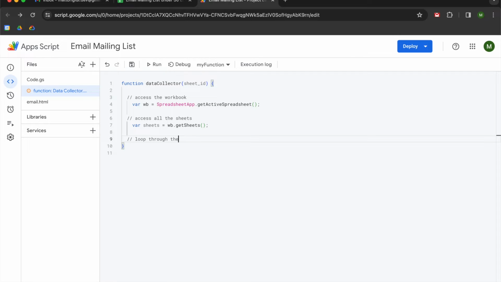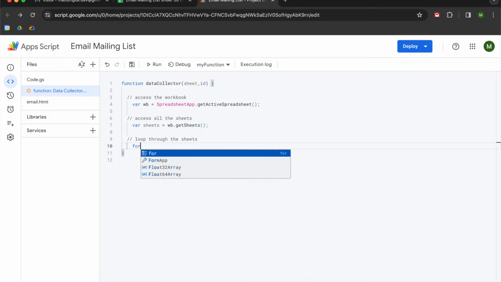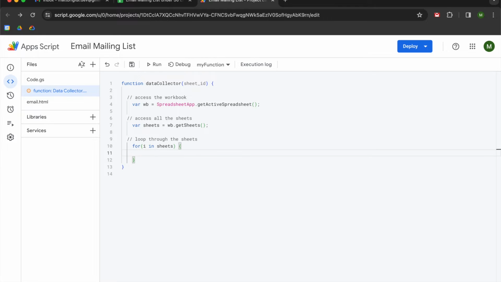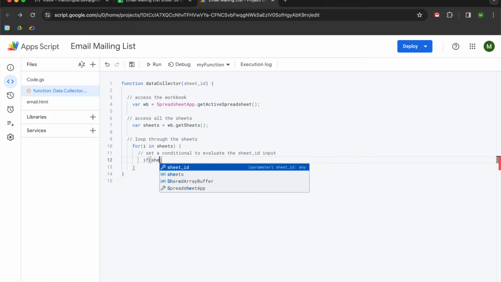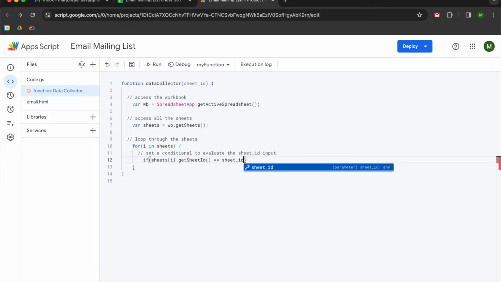Then we're going to loop through the sheets. So we're going to use a for loop, and I'm going to set my variable i, which stands for iterator, in sheets. Next, we are going to set a conditional to evaluate the sheet ID input. I'm going to say if sheets[i].getSheetId() double equal sign sheet underscore ID. Add in curly brackets, hit enter,